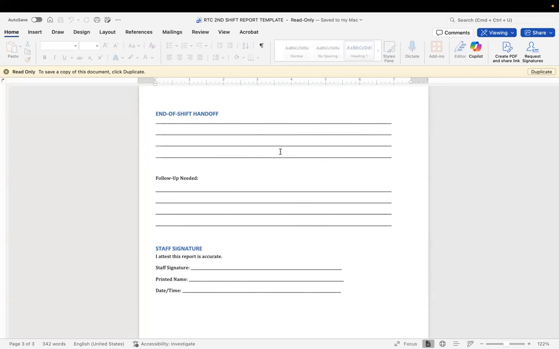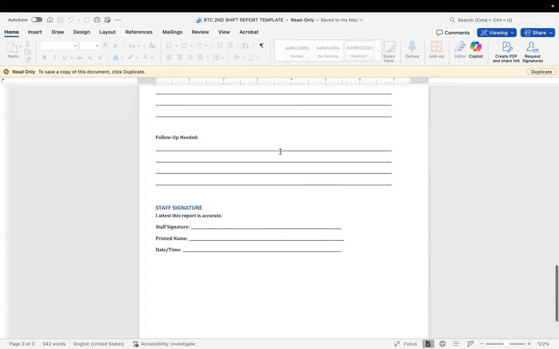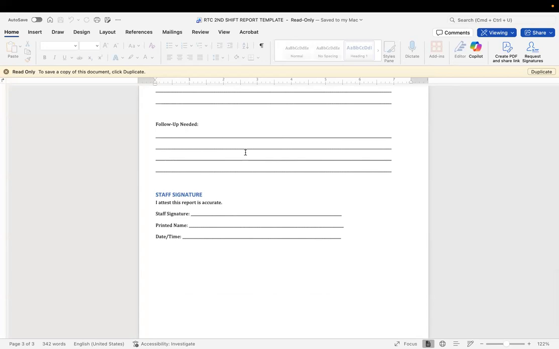If there's nothing, there's nothing. You would just put a line through it. Actually, I do not recommend that. I recommend putting something there that says Kate had a great day, or Kate's day was within normal limits, and we'll continue to monitor. And then any follow-up that's needed. So maybe it's something that I need to remind myself to bring the Monopoly game tomorrow night, or that we're going to put up the Christmas tree in a couple days, whatever the case may be. Any follow-up that's needed.